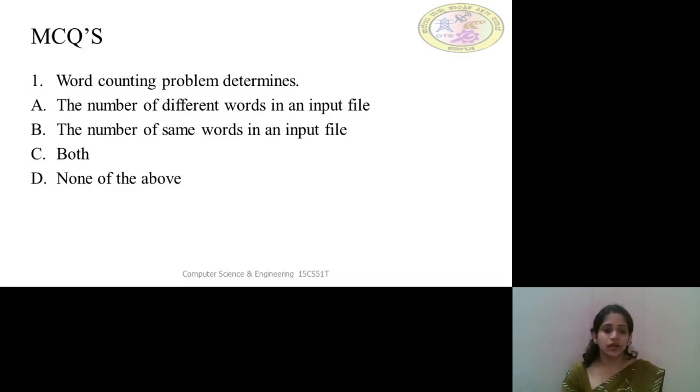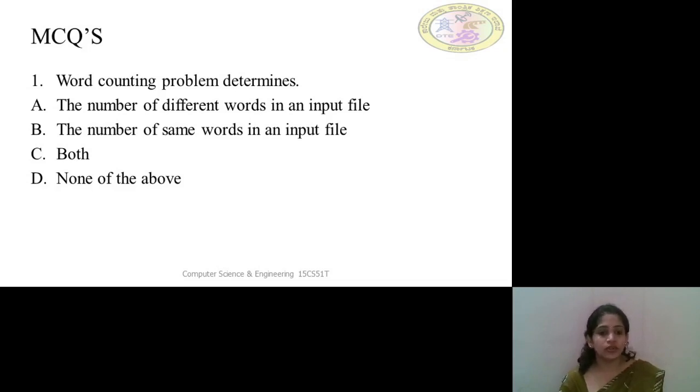First question, word counting problem determines. Option A, the number of different words in an input file. Option B, the number of same words in an input file. Option C, both. Option D, none of the above.